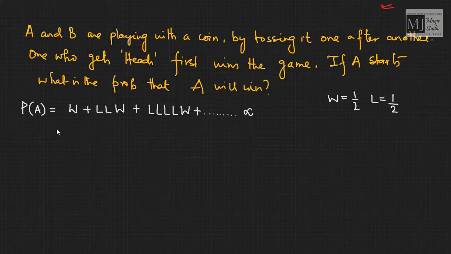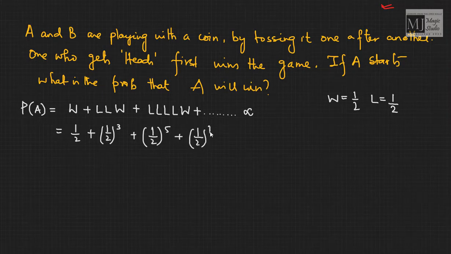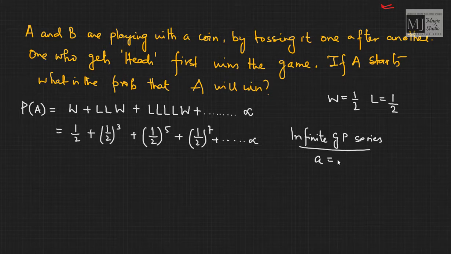Losing is also half. So this will be what? Half plus 1, 2, 3. Half to the power 3 plus 1, 2, 3, 4, 5. Half to the power 5 plus 1, 2, 3, 4, 5, 6, 7 हो जाएगा. Half to the power 7 plus till infinity. अगर हम ध्यान से देखें तो this is an infinite GP series where first term is half and common ratio